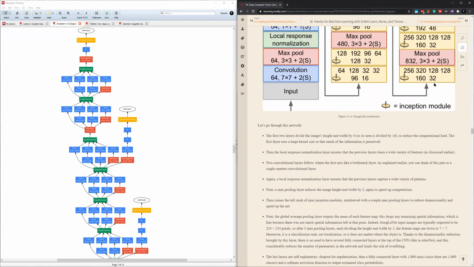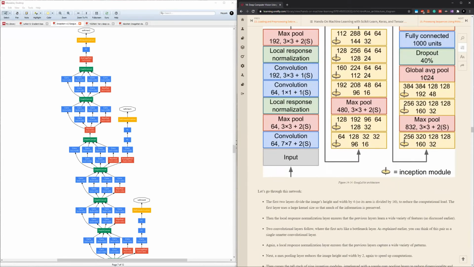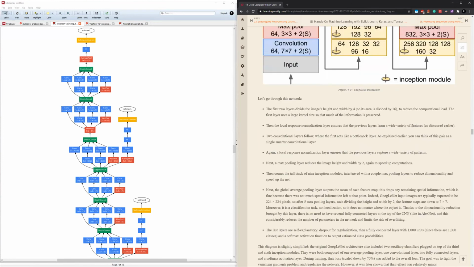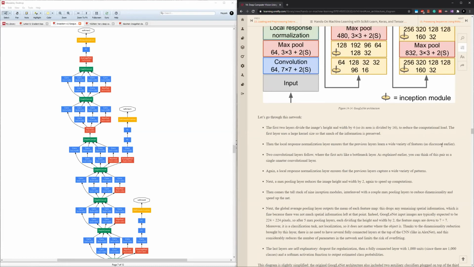This is important here because this global average pool layer, which has a vector of 1024, takes the means of the feature maps, and in the classification task,